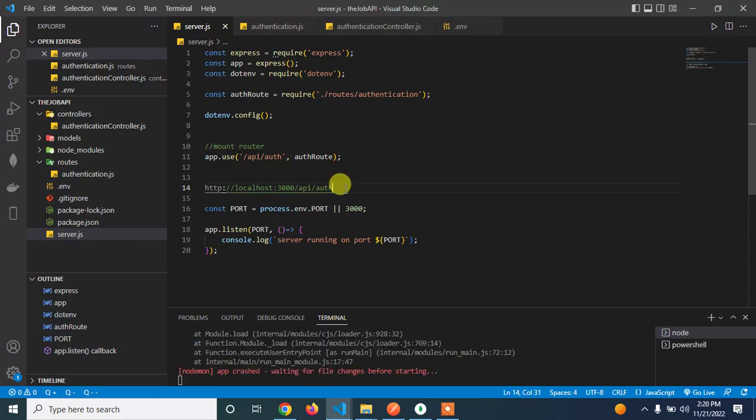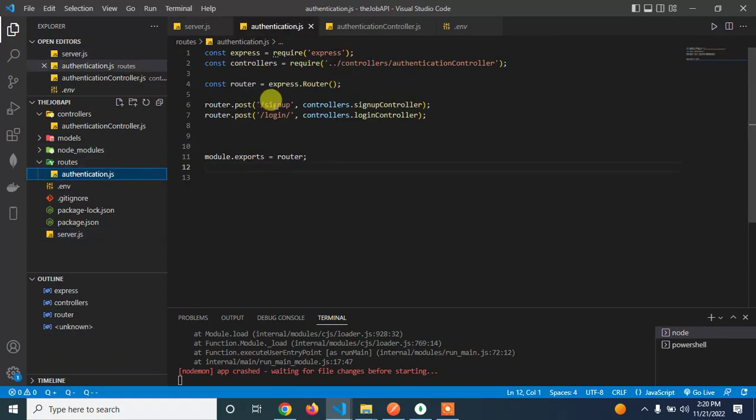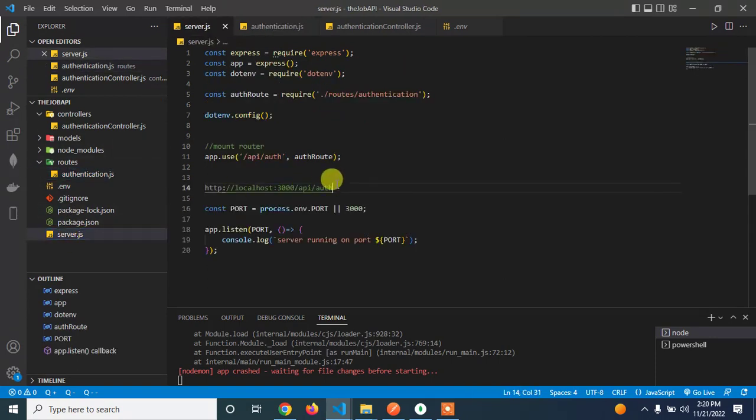Then we'll go here and attach it to /signup. So this is how you can make requests to the sign up